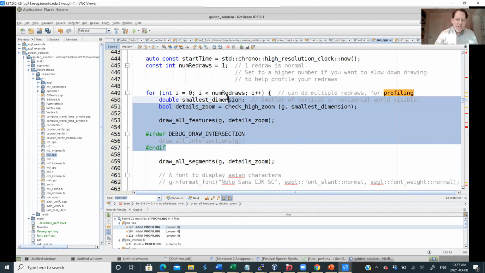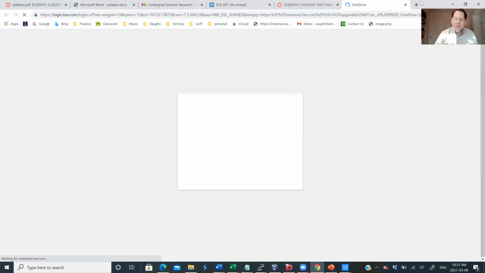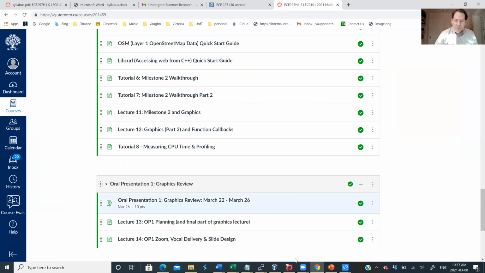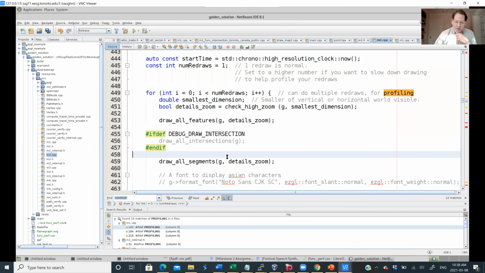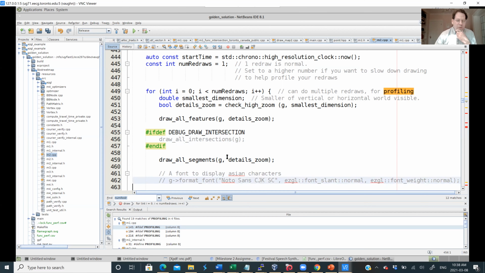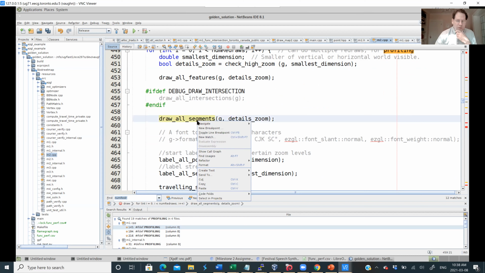Okay, let's see. Whoops, let me get rid of that. Strange. Okay, you can see there's a bit of code that's not active that can draw intersections. So that's just for debugging. This routine is draw all segments. So what does that do? So if I go look at it,